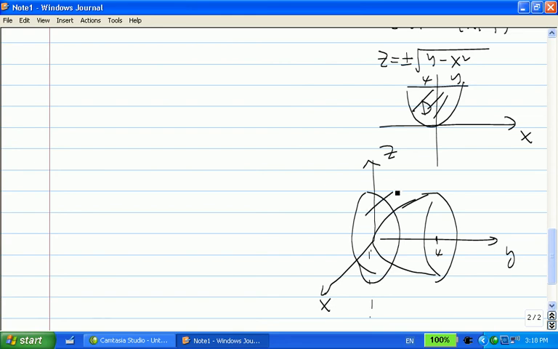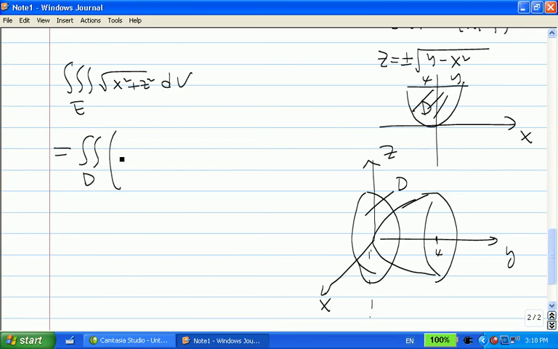We call this circular region D there. The same triple integral over E, the function is square root of x squared plus z squared, dV can be written as over D there, then